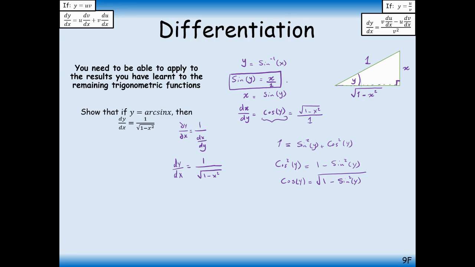And looking back at our expression here, substituting x for sine of y, I would have come to the same conclusion, that cos of y is the square root of 1 minus x squared. Right, so